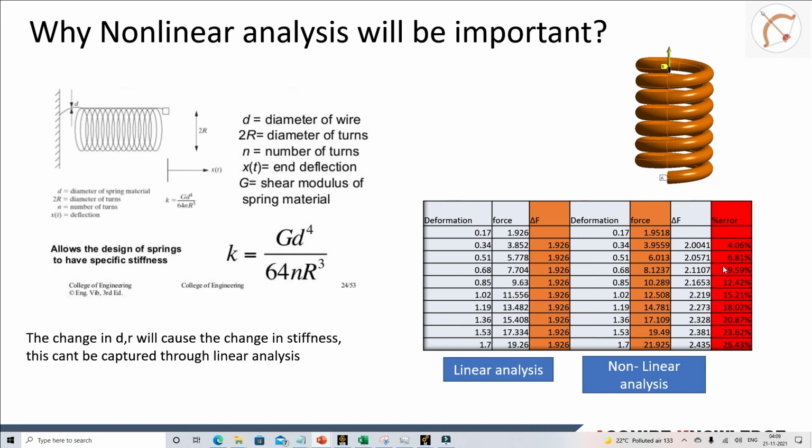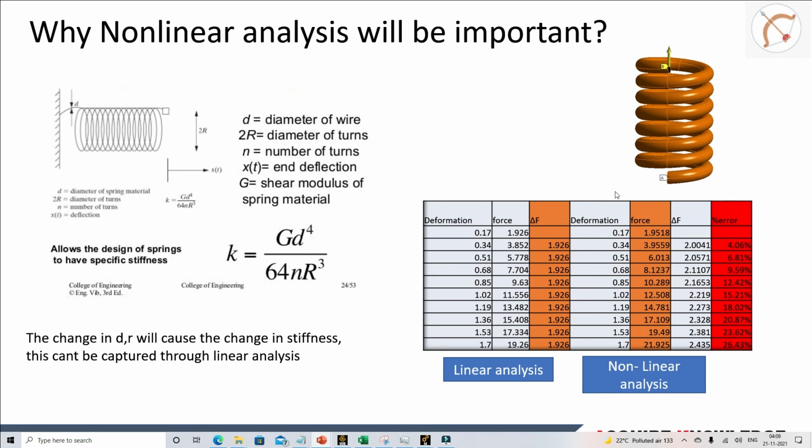It means that for a larger deflection analysis, the stiffness values that we might have extracted from the linear analysis will not be correct, and it will not mimic the real scenarios. For those cases, you have to run a nonlinear analysis and use that data in the COMBIN39 element. Here we can also see that if we are operating till 0.68, that is the length of the spring divided by 20, it's nearly 10%, and we can live with that. Then we can use the stiffness values that we computed from the linear analysis.